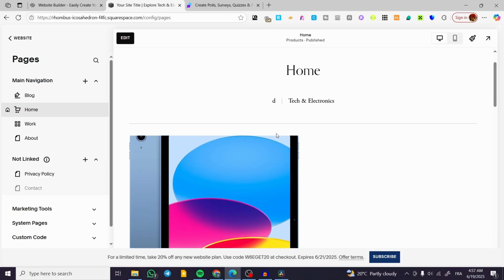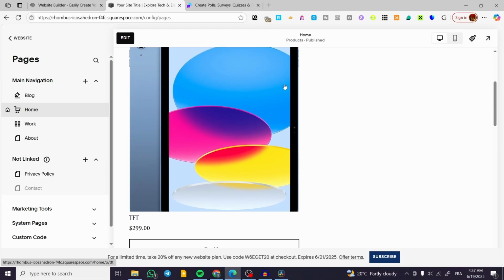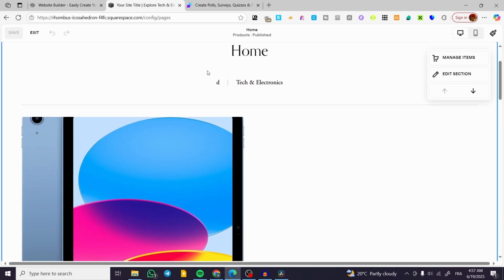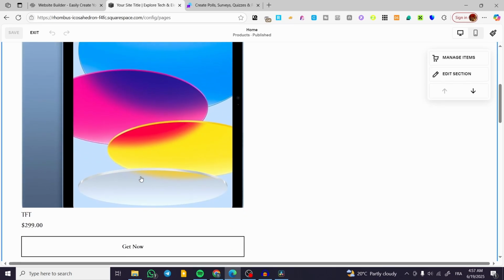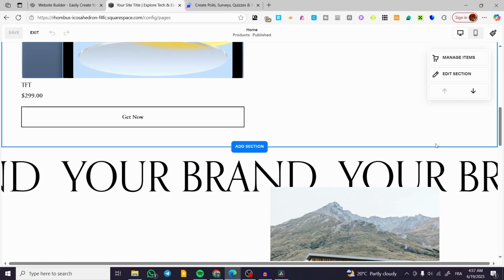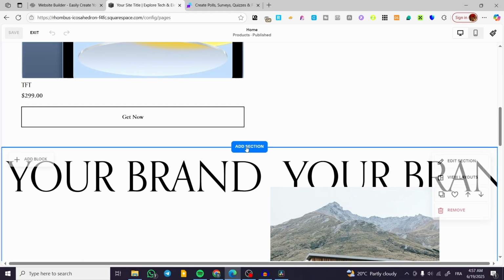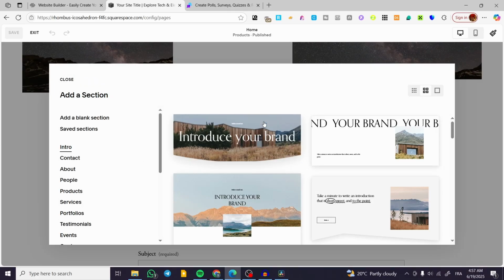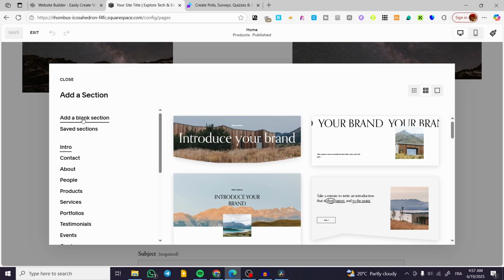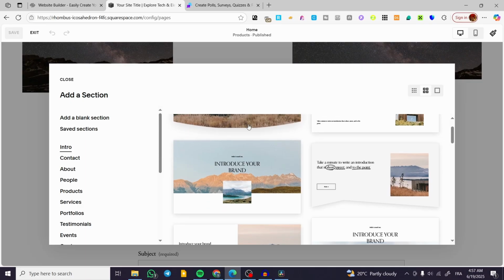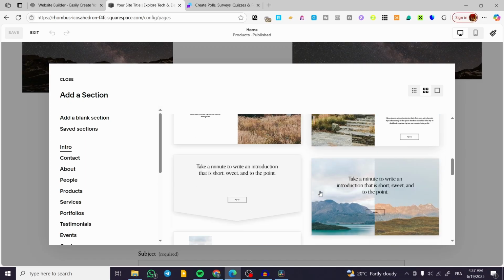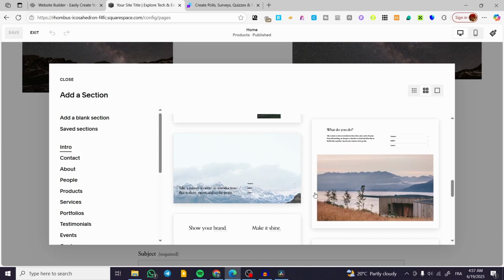Now what we're going to do is very simple. We are going to head over here and click on edit. Once we have done that, we're going to be on this, as you can see here, editing page. We're going to add a section special for the poll. So I'm going to do a clean work, click on add section, and preferably I'm going to add a blank section or one of the sections that do not contain bulky content, but basically simple content, like maybe